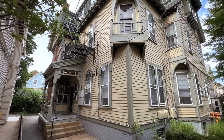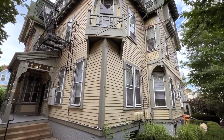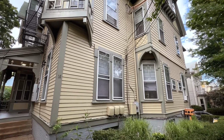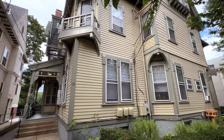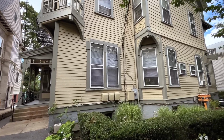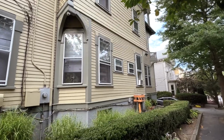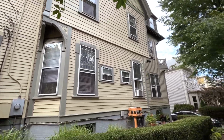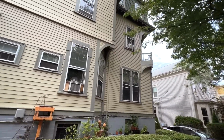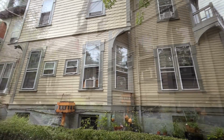Another one of Lovecraft's homes. This is 10 Barnes Street. So this is the house that Lovecraft lived in after he spent 2 years in New York living with Sonia. And eventually when they sort of split up, he moves back to Providence and he moves into 10 Barnes Street, into one of the apartments. And he writes some of his best work, and also one of my favorite Lovecraft letters was written here,